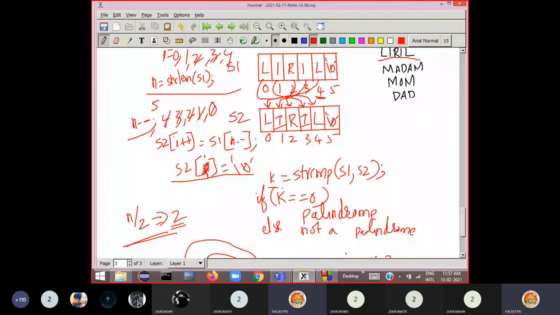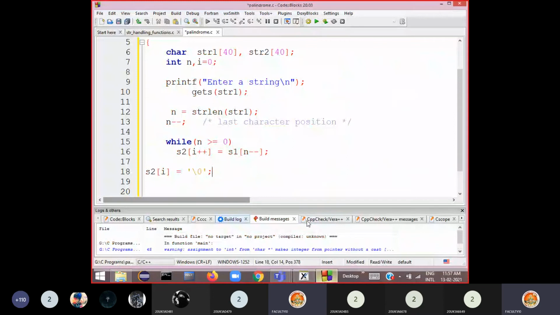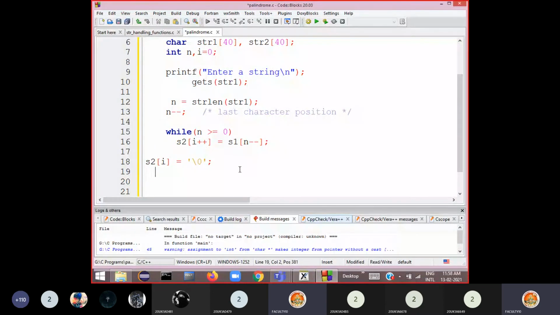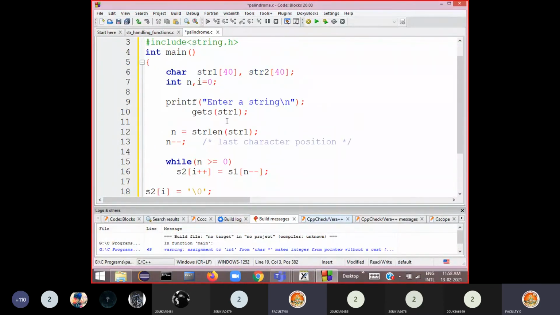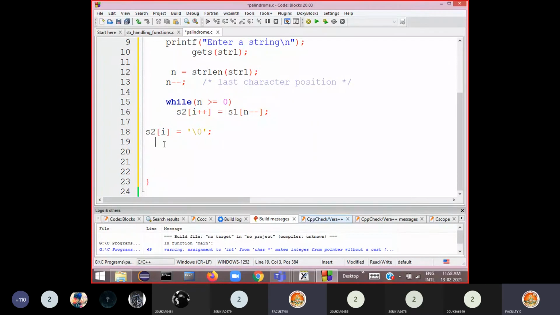Now you can use the string compare function here. So now you have both strings. Now you can say k. Have we declared k here? No. So you declare k also here. So I use the string compare function. Now I say k is equal to string compare str1 comma str2. Now if the k value is equal to 0, now you can say